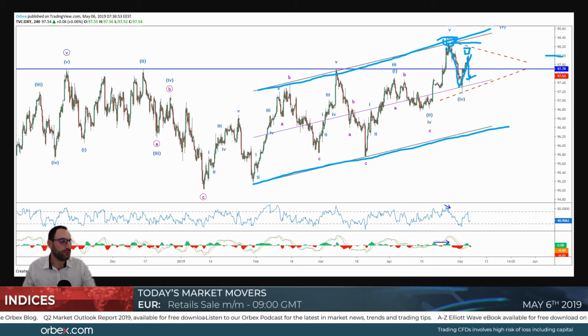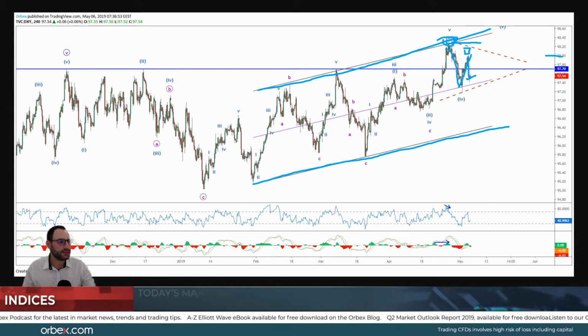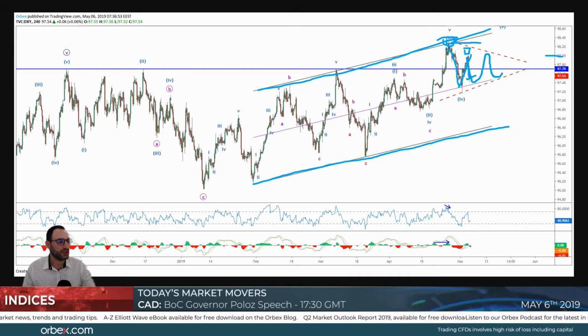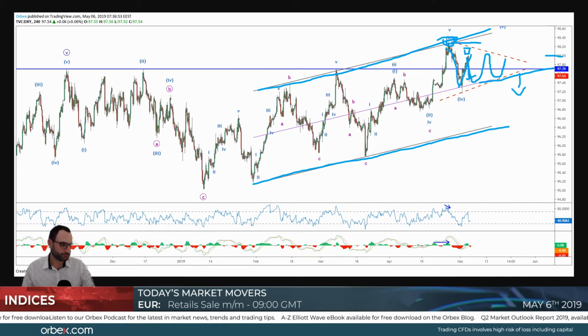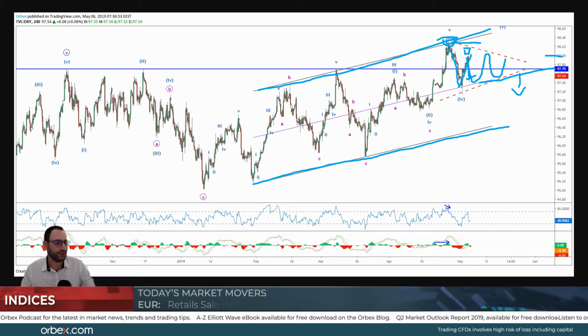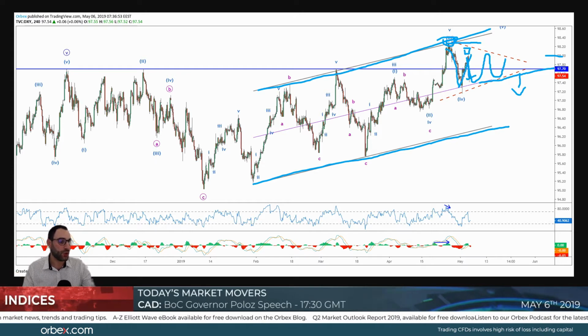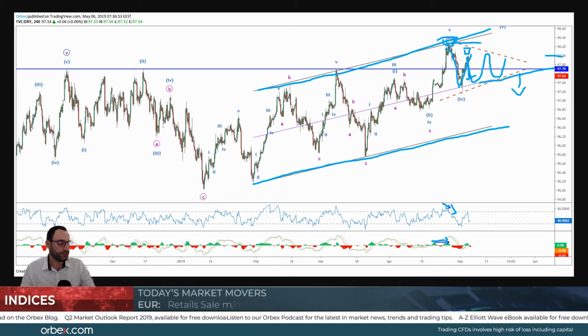Now, from here, there are obviously different scenarios that we can expect. But what could be the case is that this turns out as a triangle pattern over here, an ending diagonal, and from here we can expect prices to start moving lower. Obviously, for this to happen, we need to start receiving further signs on the lower time frames. On the 4-hour time frame, we do receive both a bearish and hidden bearish divergence.